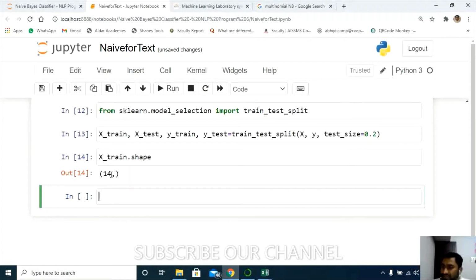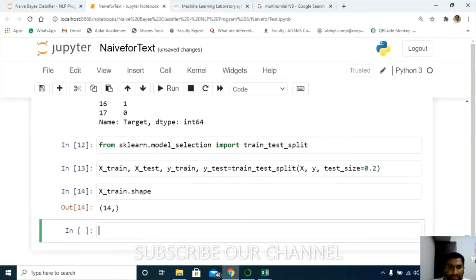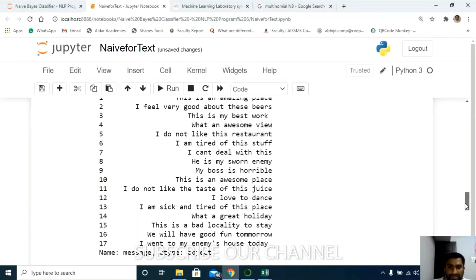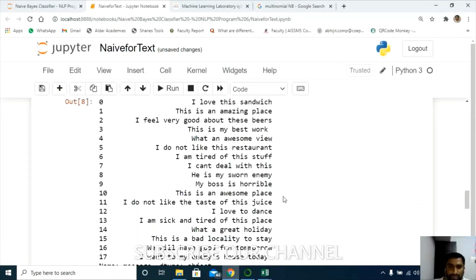Now next, as far as the data is concerned, have a look again. I'm repeating the same thing. This is text data, so we need to pre-process this data. I have to convert this into numerical data, so to convert that, I'll use the concept of vectorization, a technique which tries to eliminate all the stop words.